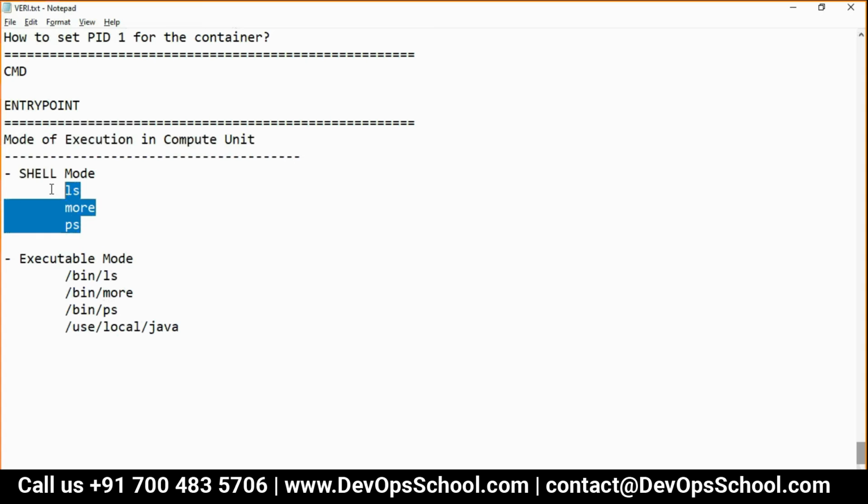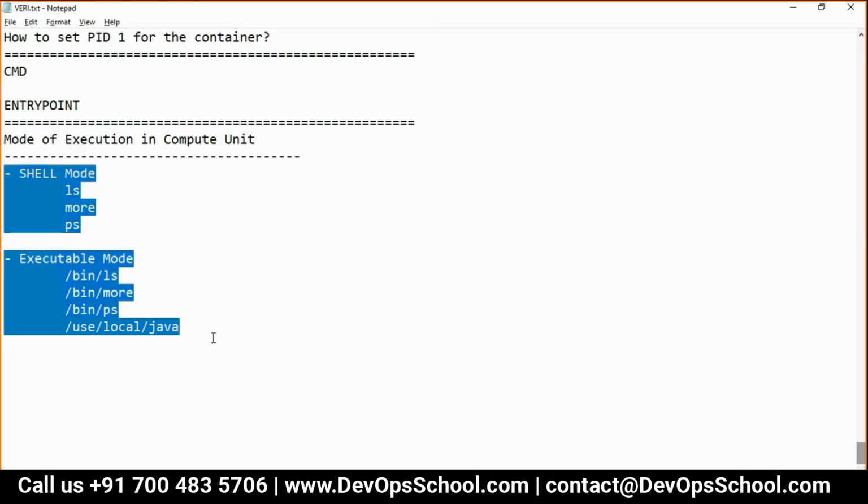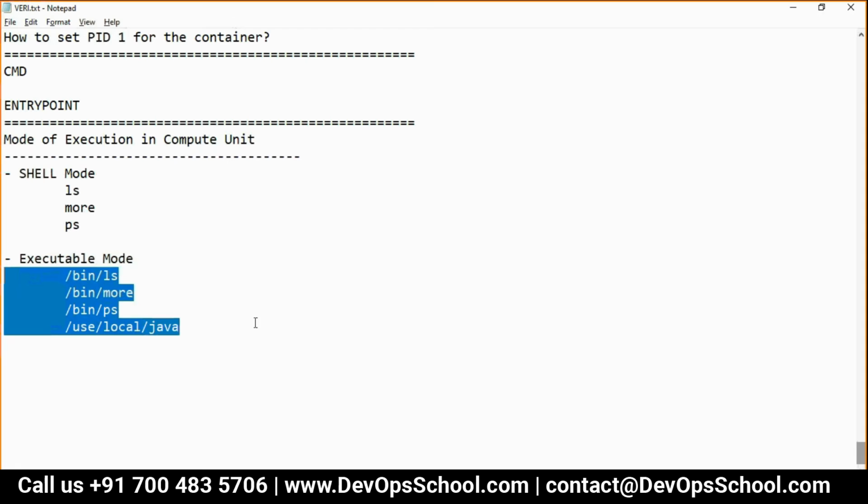This is a shell. Did you understand this? So in executable mode, we are giving the explicit path of the command, for example where the Java command has to execute, the full path of that executable. So that means here the shell will not play any role. Java will run directly.